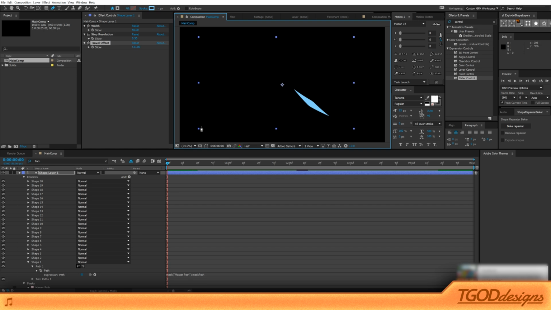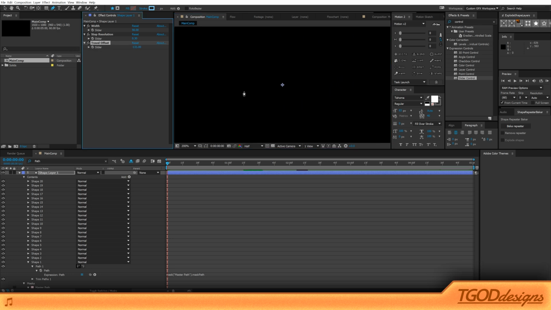And let's hide our mask path, and there you go. Pretty dang neat. There were a lot of concepts that went into this, and they're probably going to be confusing for a good majority of you, but if you really spend the time to look over this tutorial and understand why I wrote the things I did and why I went into the expressions that I did, then you'll find